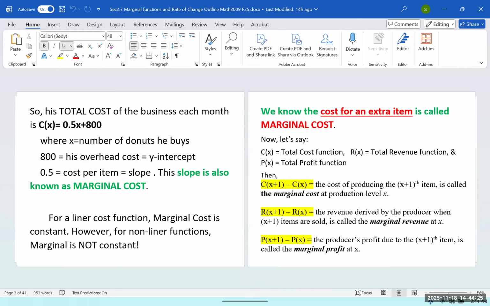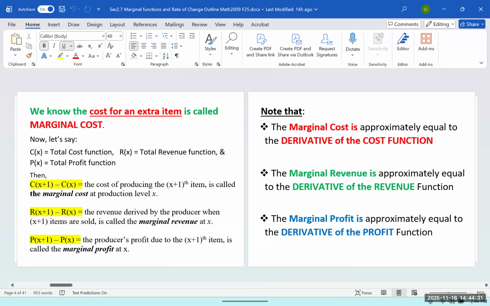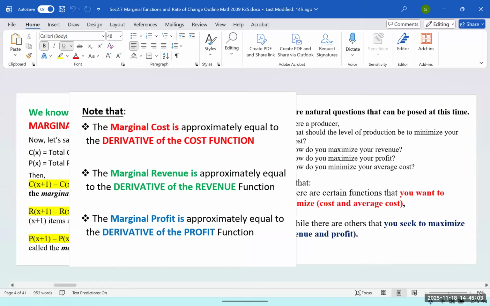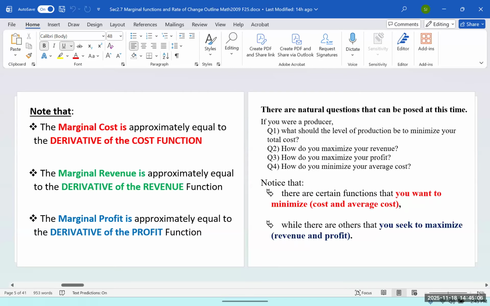Everything in short is that when you see the word marginal, from now on, assume you're talking about the derivative. So if in the question you see find marginal revenue, it means what's the derivative of the revenue. If they ask you to find marginal cost, it means what's the derivative of your cost function. If they ask you to find marginal profit, it means what's the derivative of your profit function. So from now on, the word marginal represents derivative. That's the bottom line. Marginal means derivative.